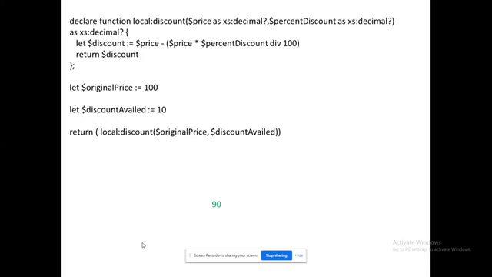Okay, so what is it going to do? It is performing the discount. That's all, not more than that. The original price is 100 and the discount value is going to be 10. So 100 minus 10 will give you 90. The percentage value is calculated over the 10 percentage. So for 100 rupees, 10 percentage is 10 rupees only. So 100 minus the corresponding 10 is what is being returned. Okay, so the return value is going to be available as 90. So that's the usage of writing the